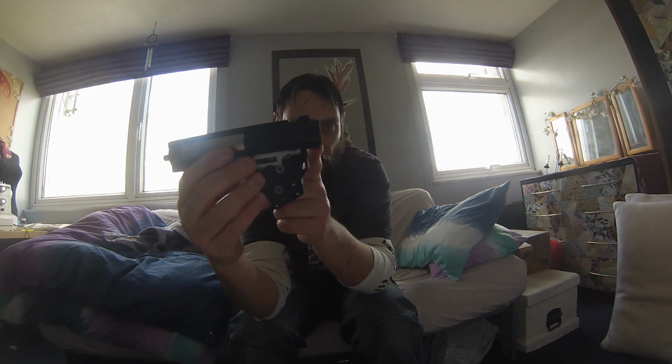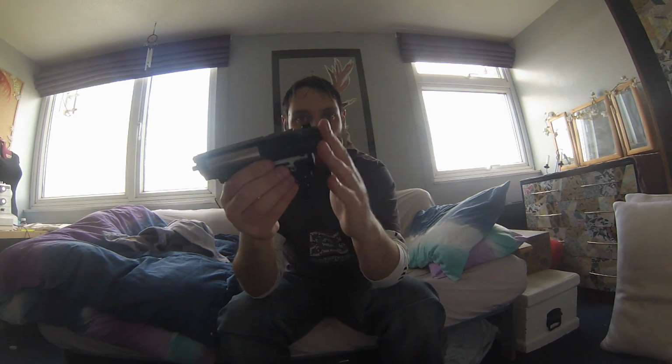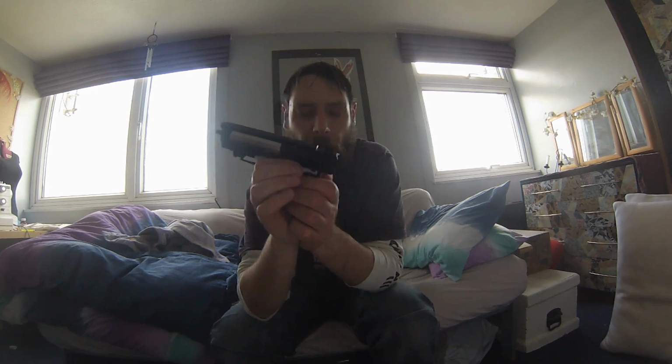But no. As it stands, the back of the gearbox is completely the wrong shape. It's too flat. So that binds on the rear of the receiver where it's slightly shaped towards a standard version 3. Now if I was to file that down, not only would it void the lifetime warranty, because that's another good point, these have a lifetime warranty on them, manufacturers. If I was to file that down, it would not only void my warranty,